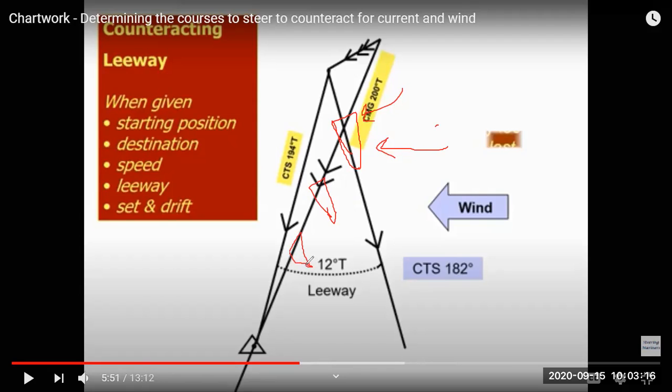So the ship is moving on the line of course made good with a heading of 182, and finally when she reached this position, still the heading is 182. 182 is somewhere like this; this direction is not exactly 182, but just for showing purpose, it's like this.